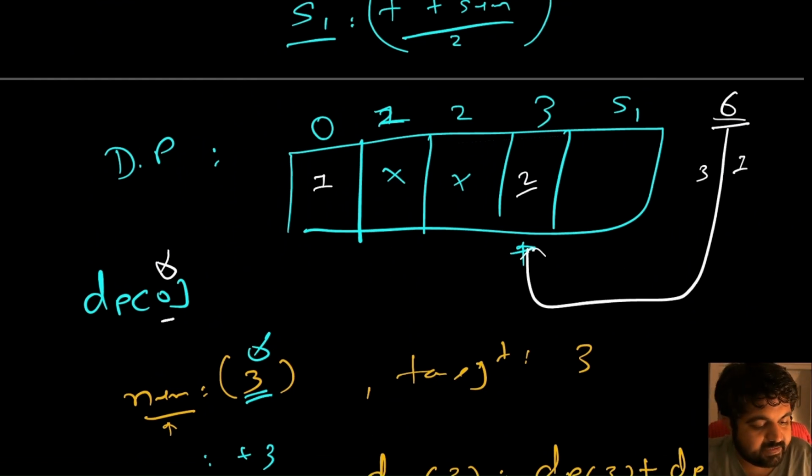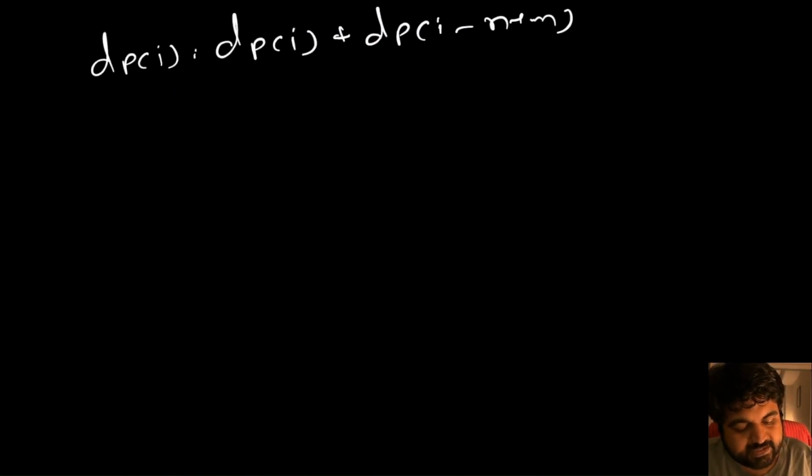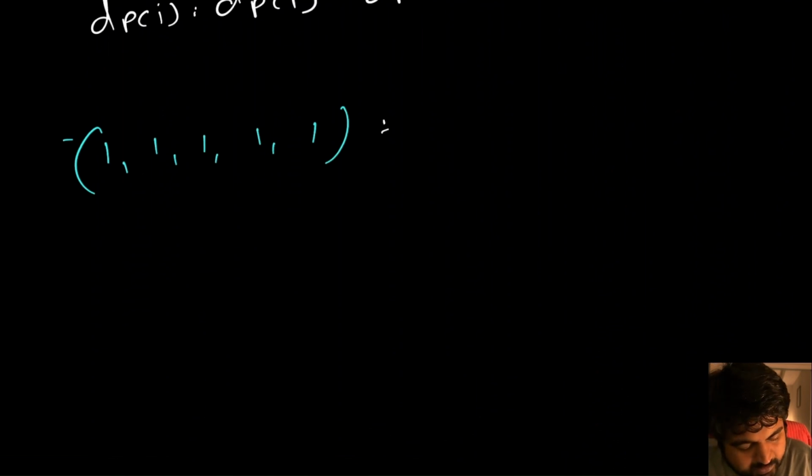Let's say, assuming that the original value of 6 was 1. Now coming back to our problem, let's try to populate our dp array for the given case. Let's say that the current given values are 1 1 1 1 and 1. So in this case all of these values are 1, and the target value we are currently given is going